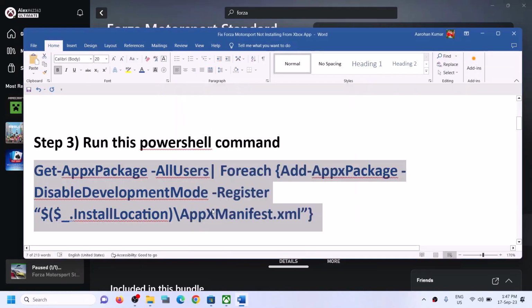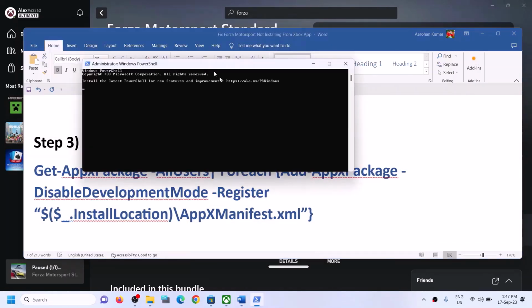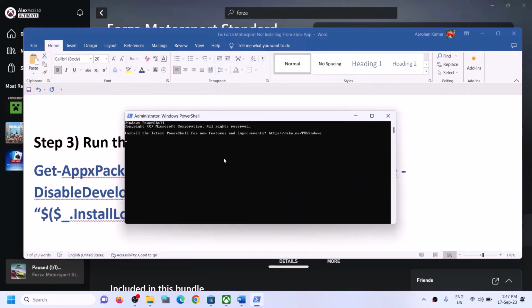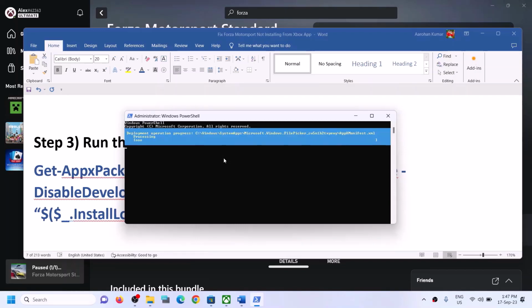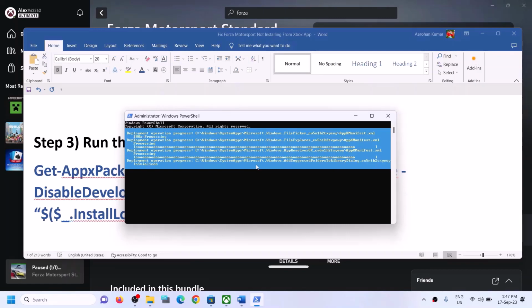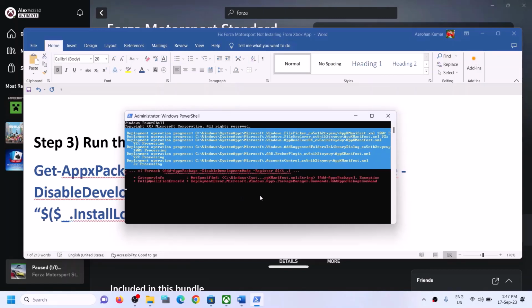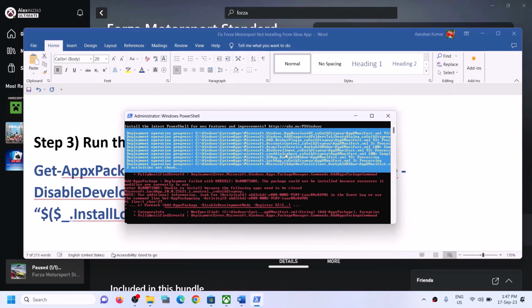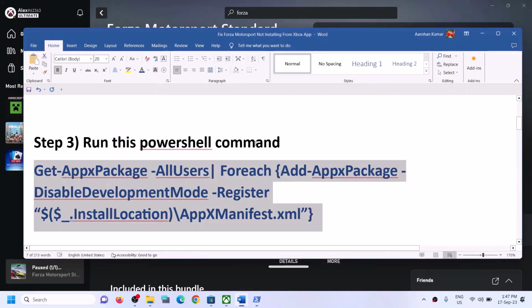Click on yes to allow. Now paste the command over here and then hit the enter key. Now this process will take some time, and during this process you will see some errors in red color. So if you see any kind of error in red color like this, just ignore it and let the process complete. Once this is completely done, once it's finished, now you can restart your computer and then try to install